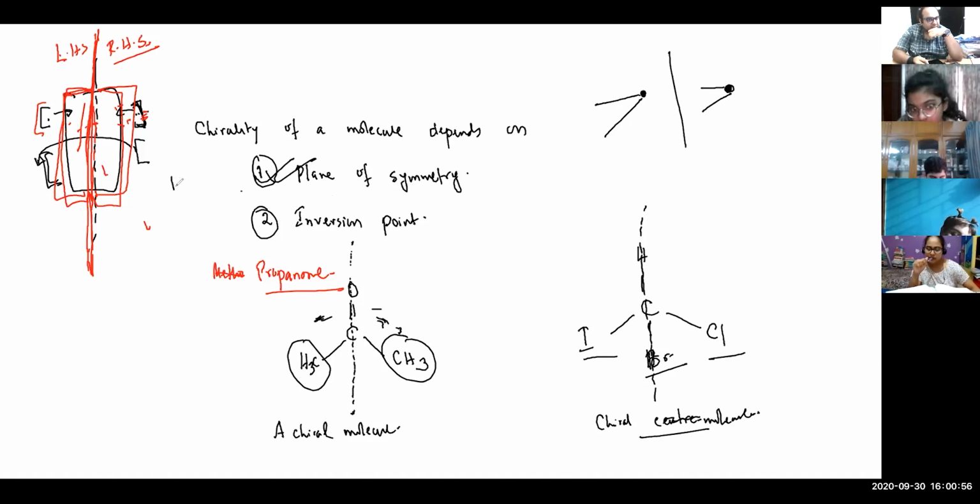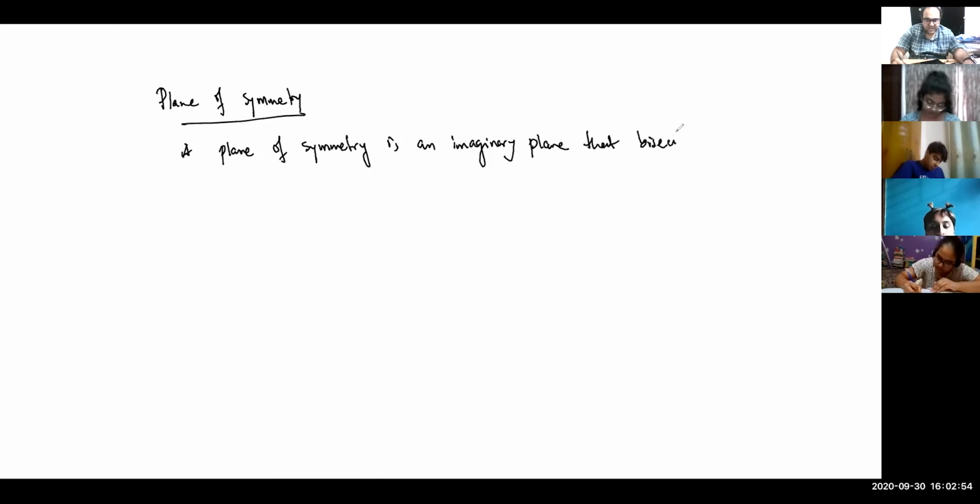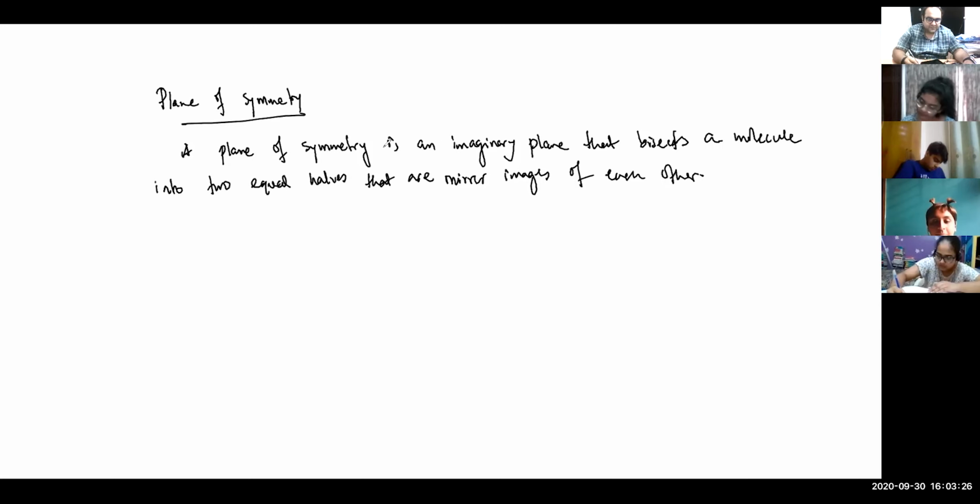But in A2, when we'll be studying NMR, we will need plane of symmetry. So what is a plane of symmetry? A plane of symmetry is an imaginary line that bisects a molecule into two equal halves that are mirror images